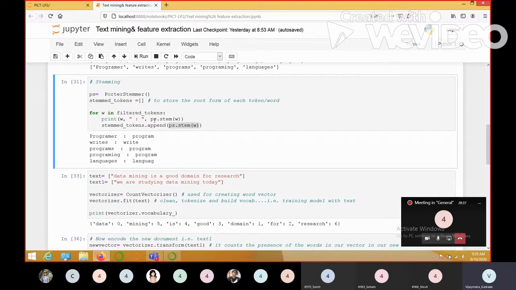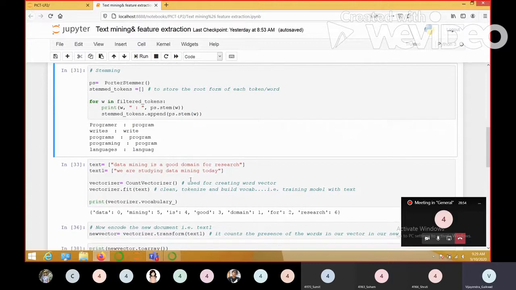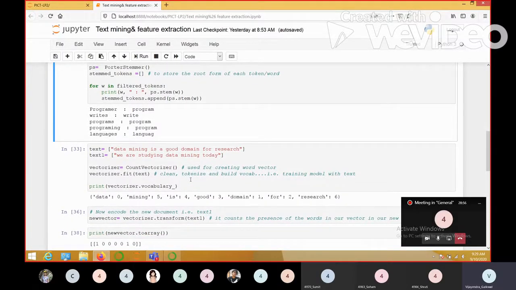So that is the algorithm with which the Porter Stemmer class or the stem function works. That can be a limitation of stem, but predominantly all the words are stemmed properly. In some cases you may observe malfunctioning like this, as in the case of languages. Fine. So this is stemming for you all.